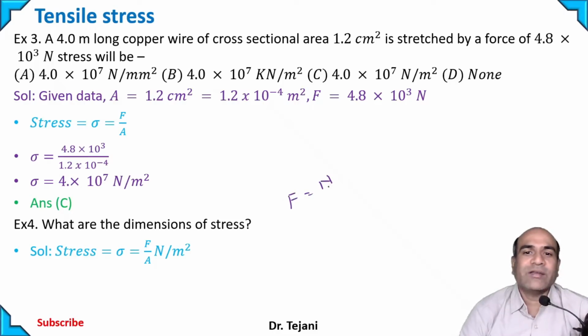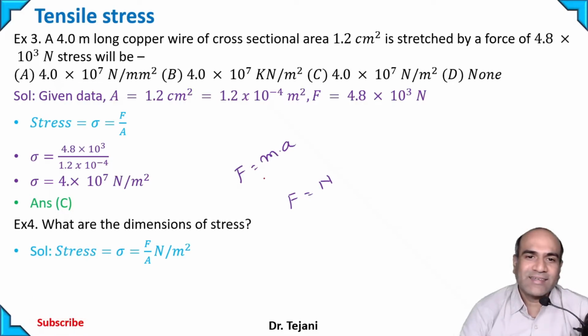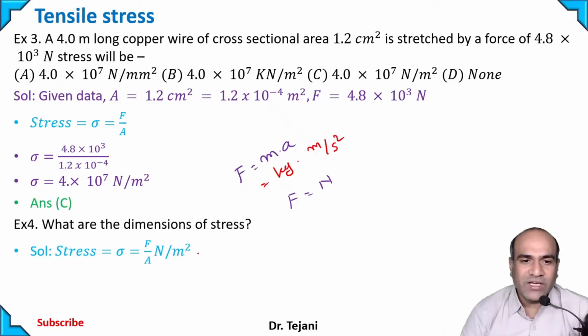It is Newton, and force is equal to mass multiplied by acceleration. What is the unit of mass? It is kilogram. And what is the unit of acceleration? It is meter per second square. Yes or no? So here we can write kilogram meter per second square,